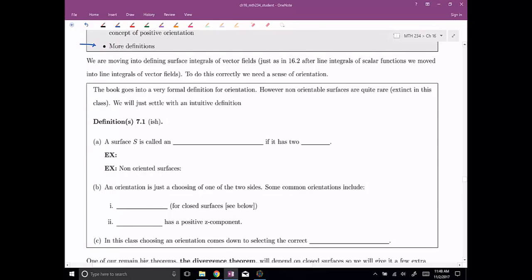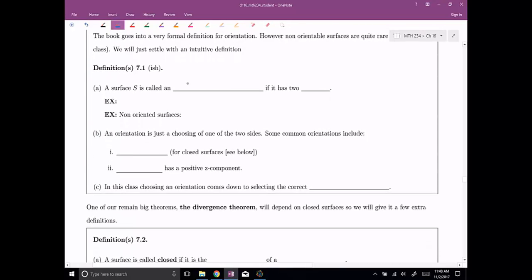First of all, S is called an oriented surface. This is kind of a wishy-washy definition, but it'll work for us, if it has two sides. That is, if you can kind of paint the sides of the surface two different colors. Let me give you some examples of this, because it's kind of strange that we're even making this definition. Some examples of oriented surfaces would be stuff like planes,